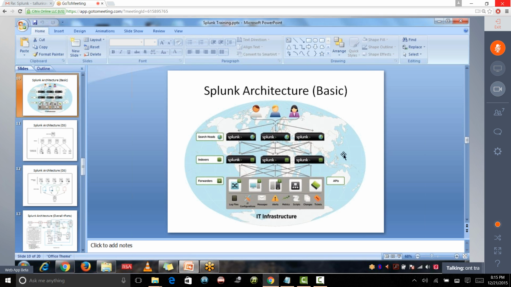The indexers are basically the databases, but you cannot compare them with a conventional database. The search head fires the query, breaks the job, and sends it to the indexers. The indexers get the data, send it back, the search head collates it, and sends the results to the users. That is how Splunk works. I'll repeat: from the systems, the logs are pushed into Splunk,